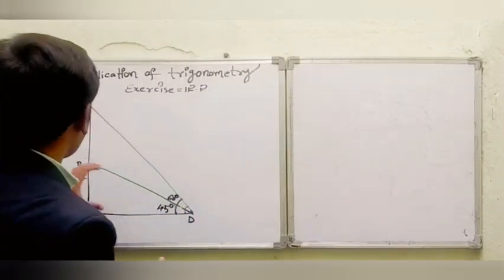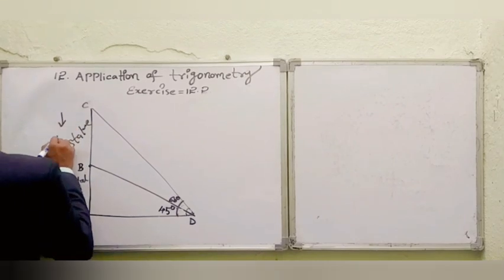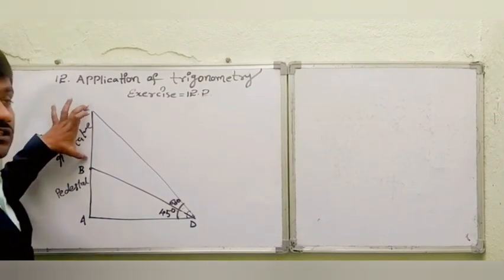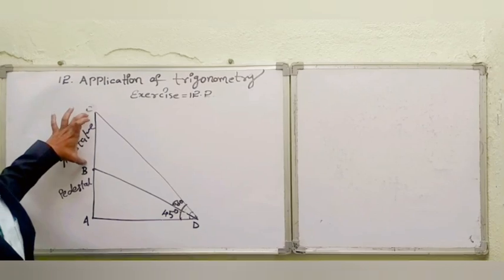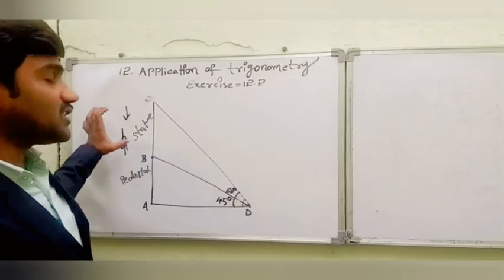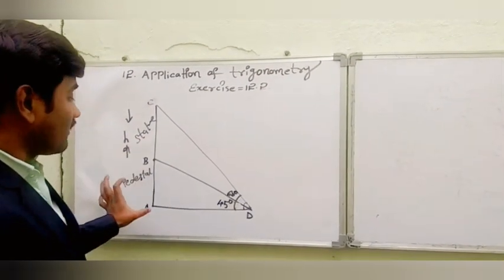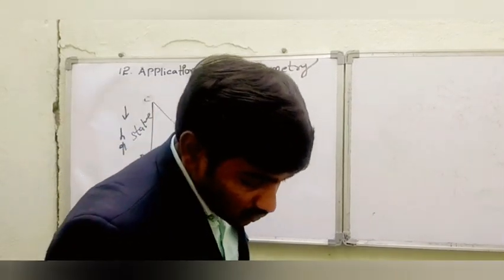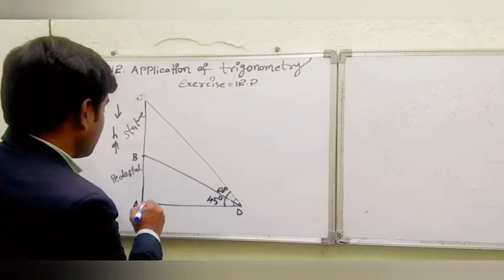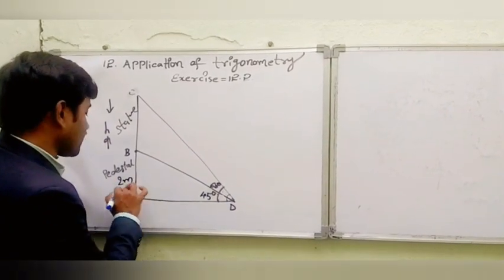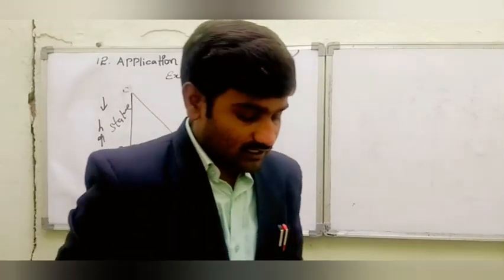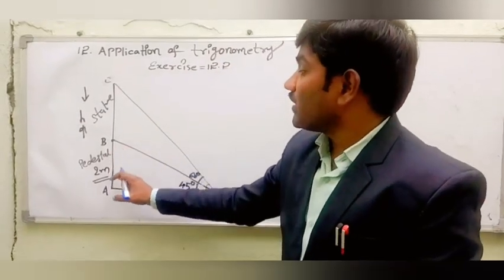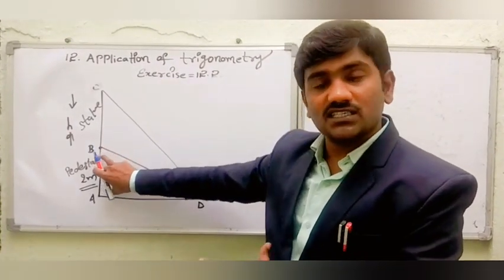Let us find out the height of the statue. This height of the statue, BC, we need to find out. BC value, height of the statue. Thus H value we need to find out. So first, has he given anything again? 2 meters pedestal. Okay, pedestal height is given, that is 2 meters according to the question. So the statue stands on the top of a 2 meter pedestal.